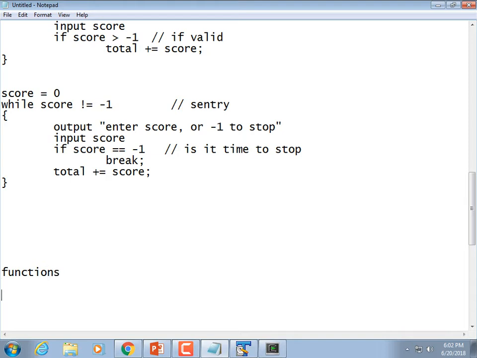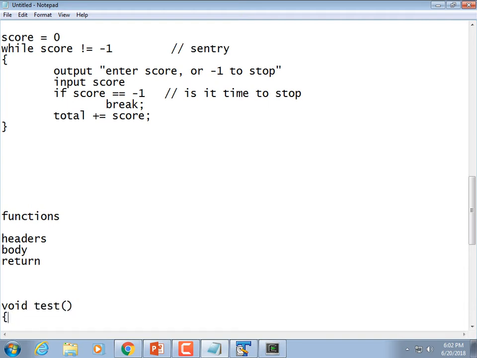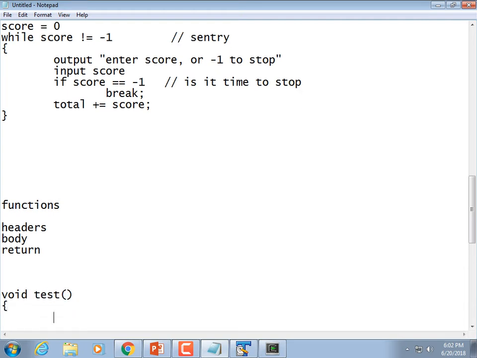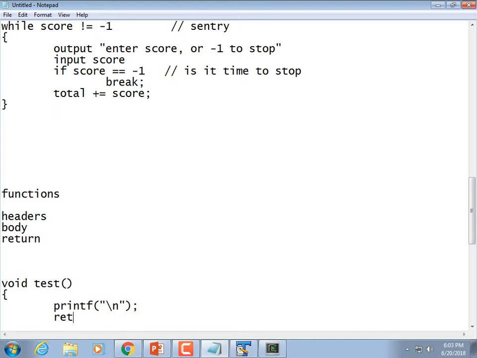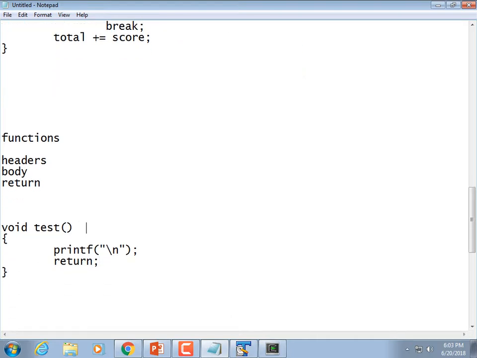So functions have headers, bodies, and returns. So void, test, printf something. And then return out of it. That being the header, this being the body, however many statements it was, that being the return, whether it's implicit or not. And then a prototype is the function header